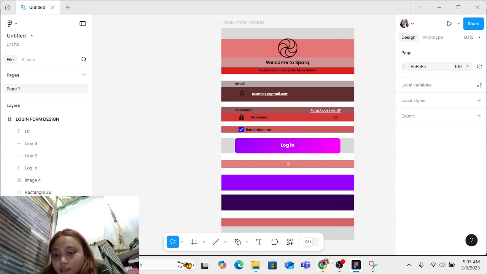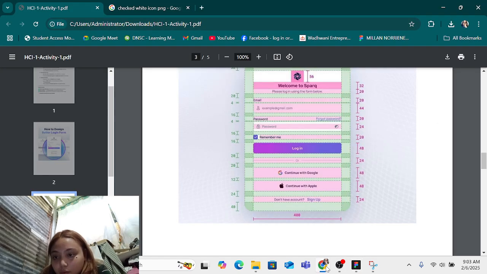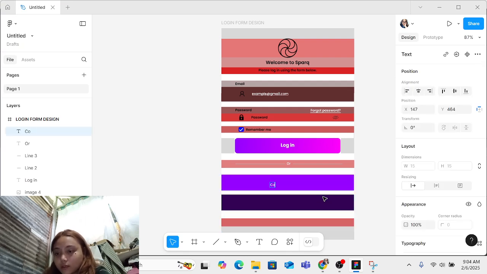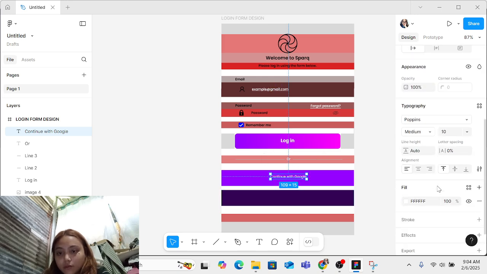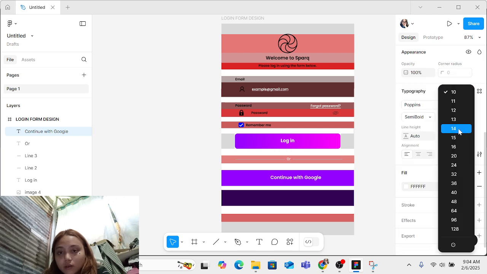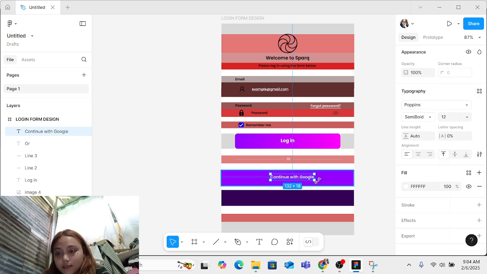Then next is we're gonna put the continue with Google. So right here. So let's put continue with Google. So we're gonna change that into semi-bold, maybe just that.